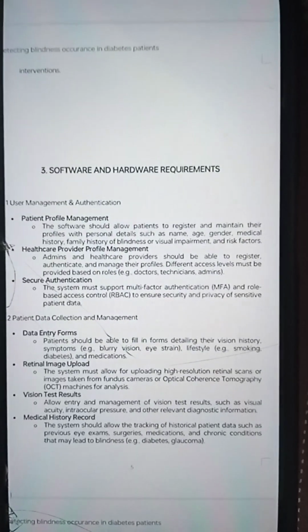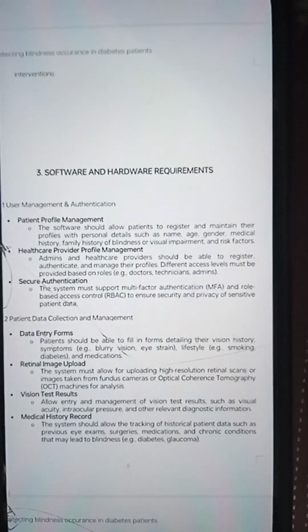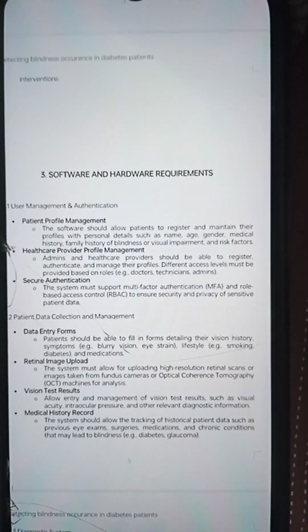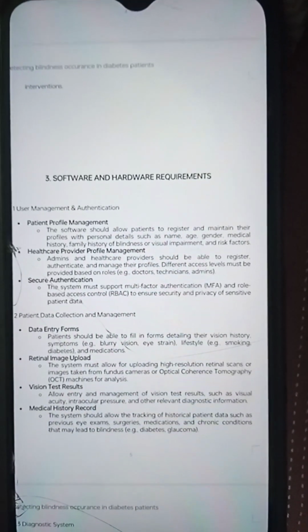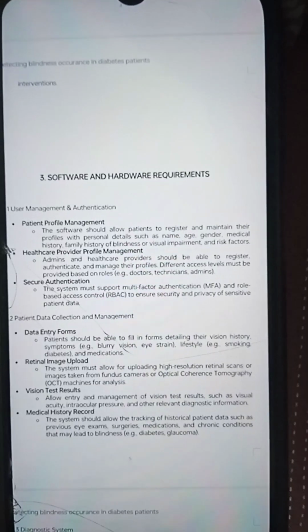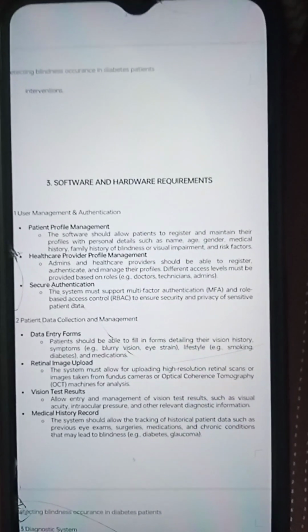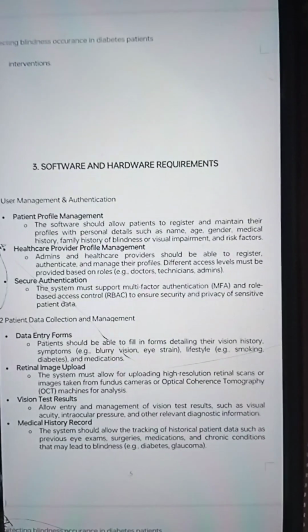Next, we are going to the hardware and software requirements in this project. User management and authentication. Patient profile management: the software allows the patient to register and maintain their profiles with personal details such as name, age, gender, medical history, family history of blindness or visual impairment, and risk factors. Healthcare provider profile management, where the admins and the healthcare providers should be able to register, authenticate,